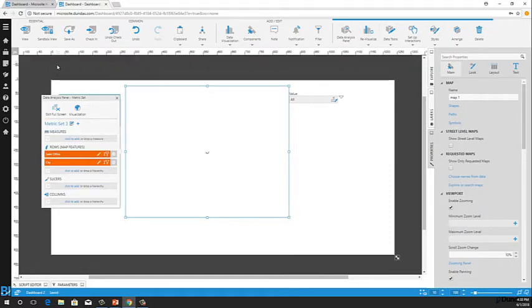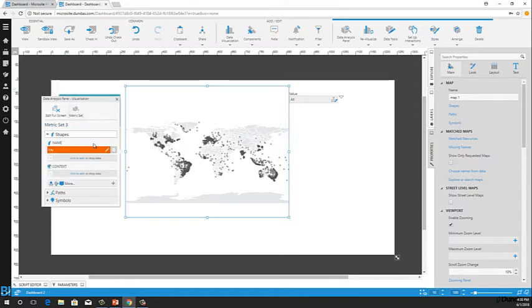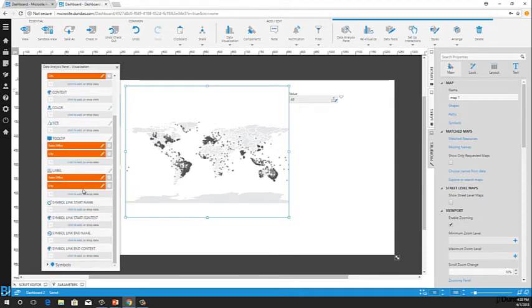And Dundas will look at the data and choose an appropriate map. So it's just downloading, in this case, a world map for me. So some new options that we've added to the visualization is under paths. So you can now attach